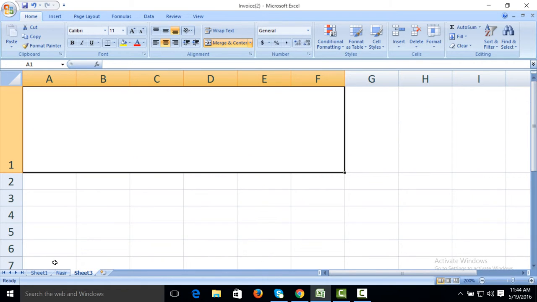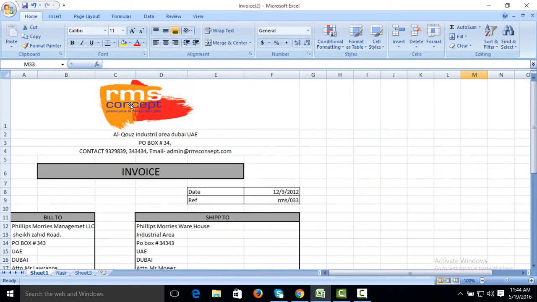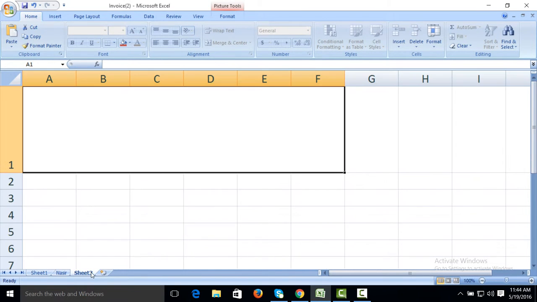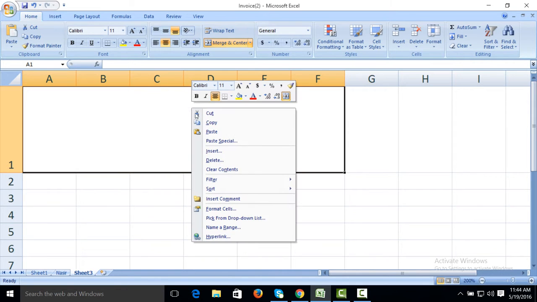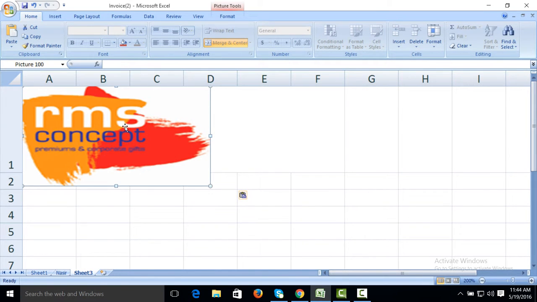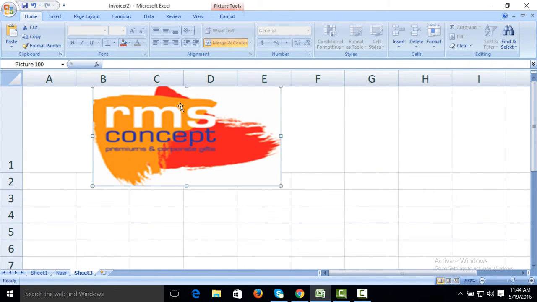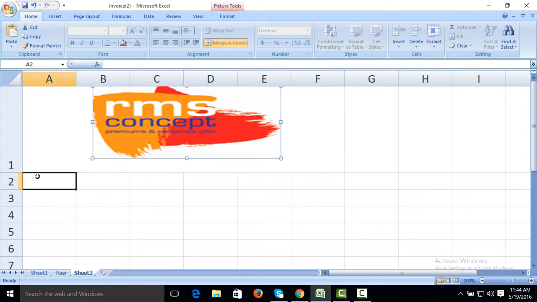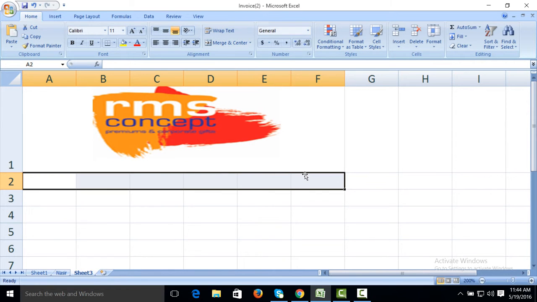and copy the logo from sheet 1. Right click, copy, then right click, paste. Bring it to center, minimize this, then select the second row, merge,